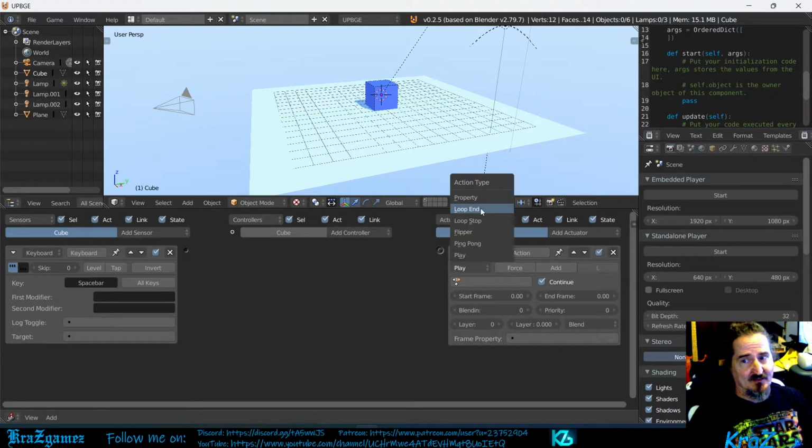Also, walking cycles are best with loop ends, because it goes to the end of the walk cycle and does it. Now, you can also use ping pong as a walk cycle. A lot of people don't know that. If you do know that, good on you, because that's actually a good one to do a walk cycle with,